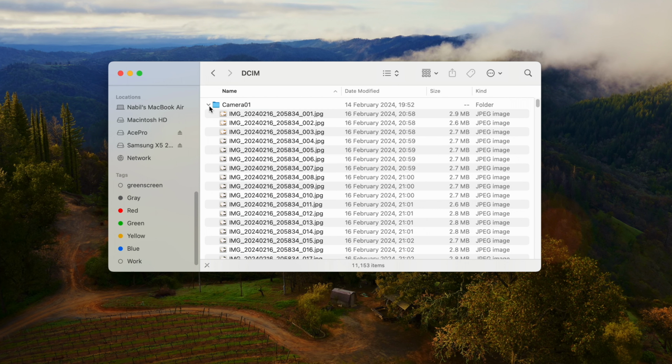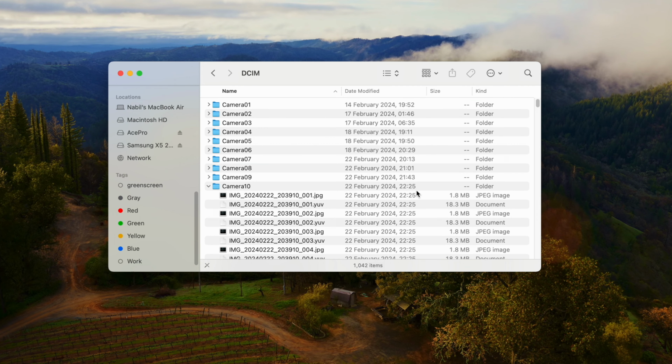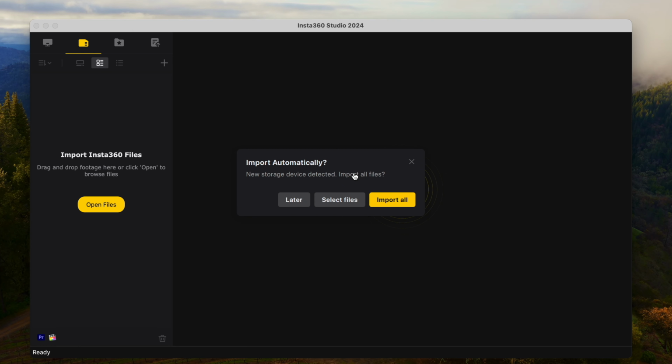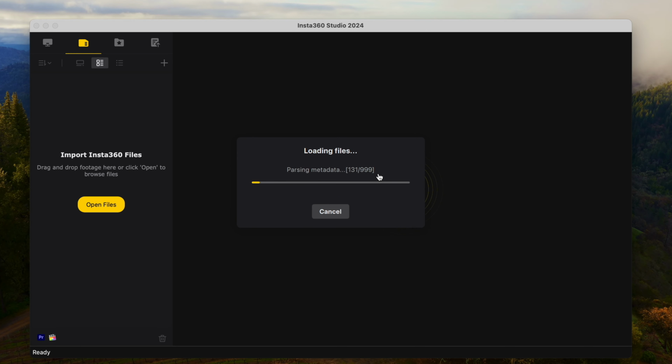Star trails litter the memory card with photos of individual frames and sometimes these additional YUV files, which are quite large. There are thumbnail, gyro, and low-res video files strewn around. I know they all have a purpose, but exploring a memory card is increasingly hostile to anyone not using the official app. All cameras have their quirks, and this issue is not specific to the Ace Pro, but it definitely